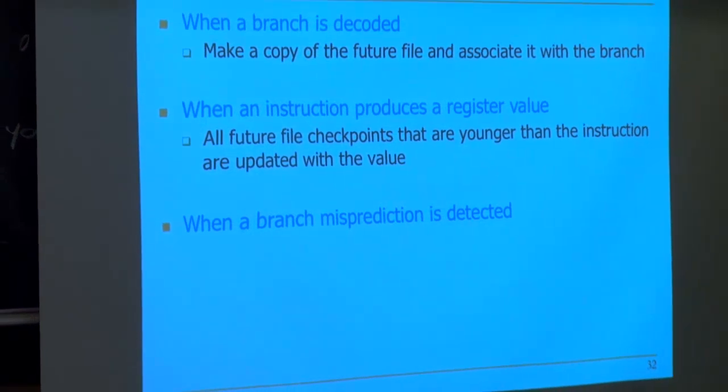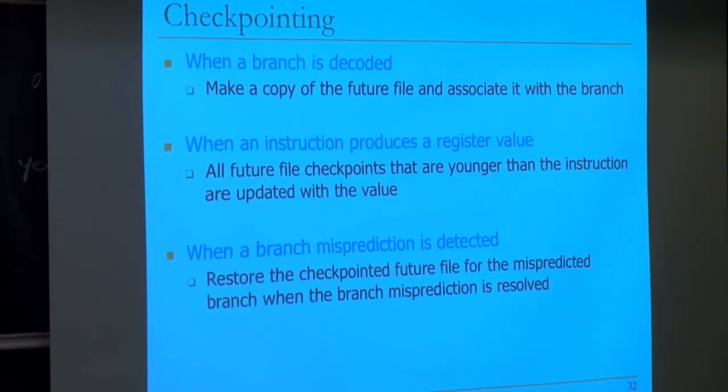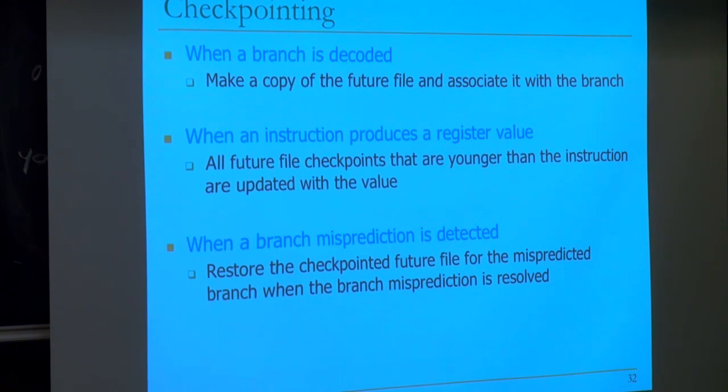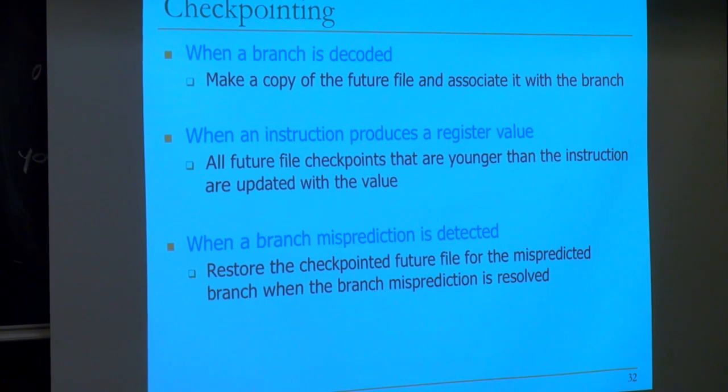When a branch misprediction is detected, the action is now simple. We restore the checkpointed future file for the mispredicted branch. Right? Basically, let's say we figure out that this branch is mispredicted, and we have the checkpoint number, it's checkpoint 2. This becomes the current checkpoint. And we deallocate these checkpoints. Basically, we don't use them. Right? So what does it mean for a checkpoint to become the current checkpoint? Basically, the